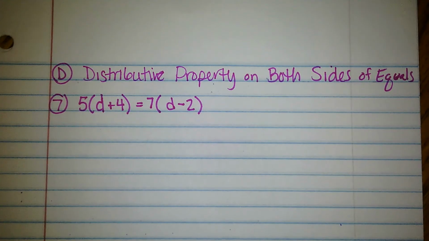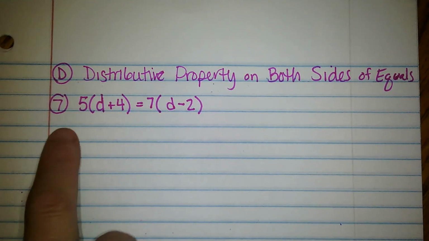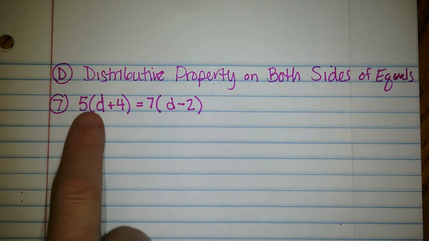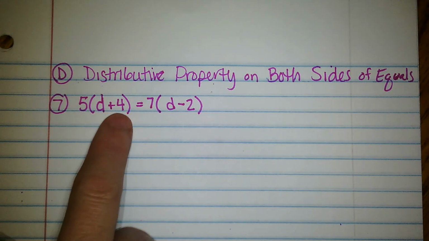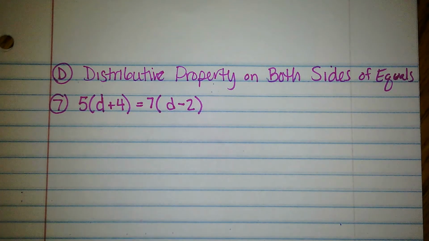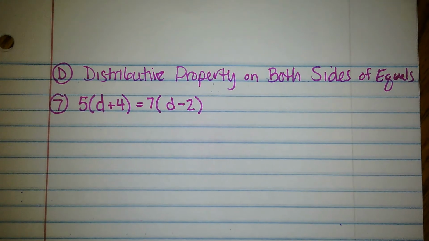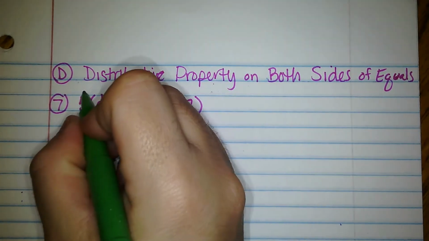Okay, so this is phase D, and this one is distributive property when you have them on both sides of equals. So our number 7 question is 5(D + 4) = 7(D - 2). As you can see, there's distributive property on both sides of equals. So what we need to do first is distribute, and we're going to do them one at a time